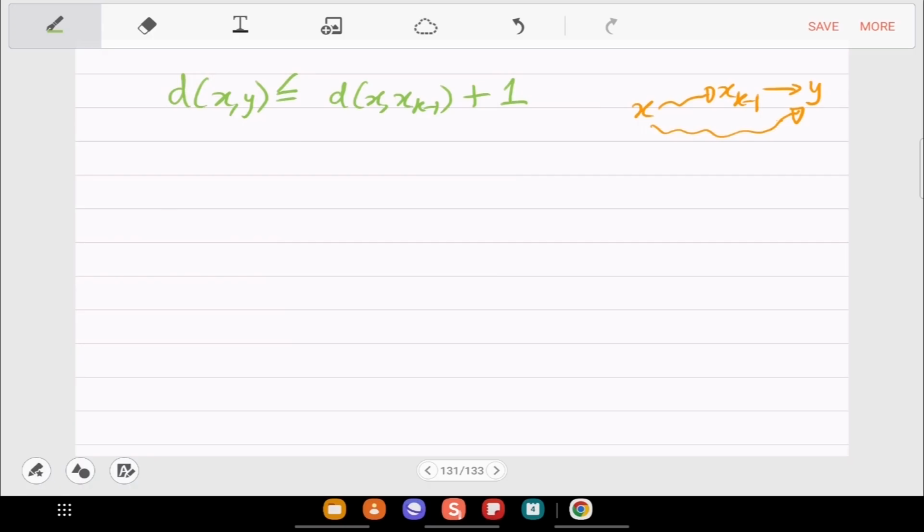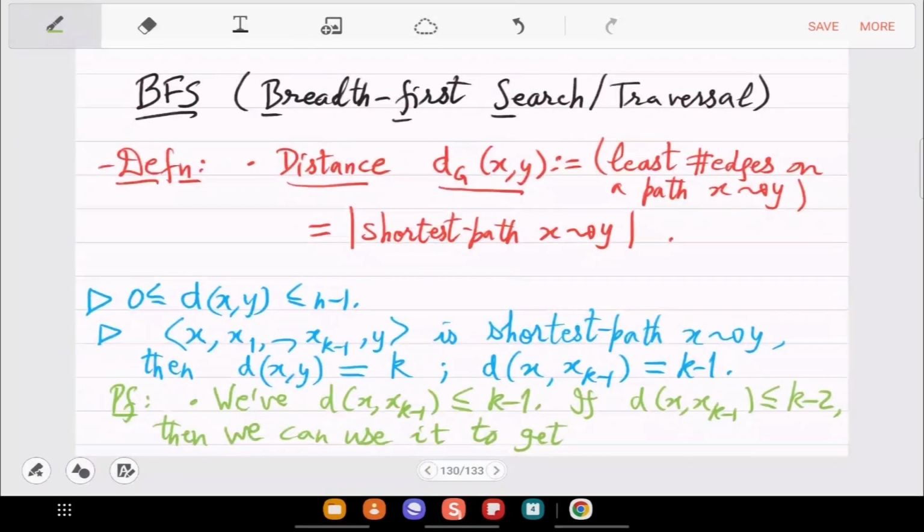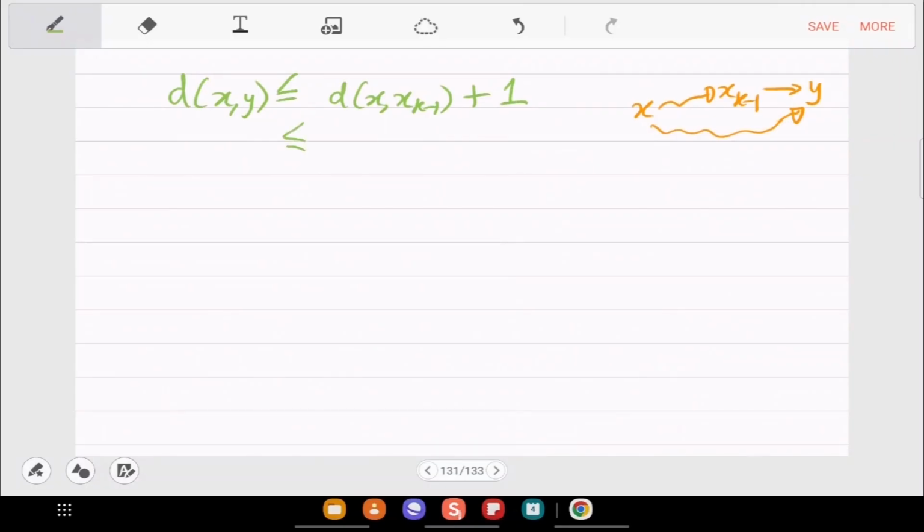And so if somebody gives you a shorter path for x to x_{k-1}, then that's the contradiction you get, k minus 2 plus 1. So you have something shorter than k, which is a contradiction. Okay, so that's the proof by contradiction that when you have a shortest path, every subpath is also shortest.